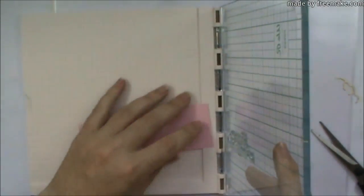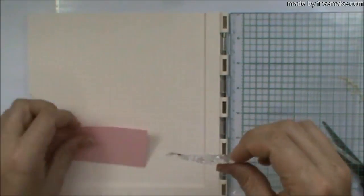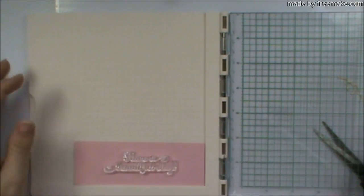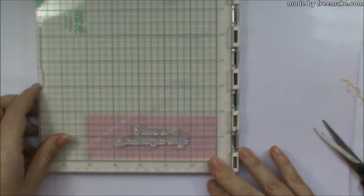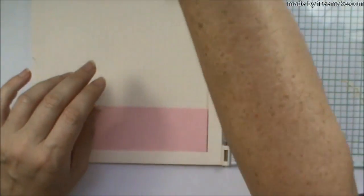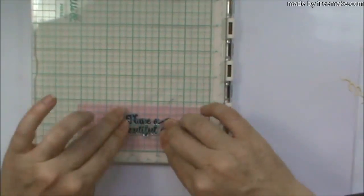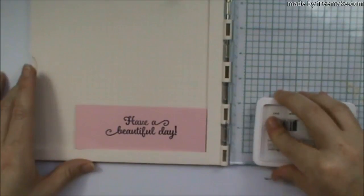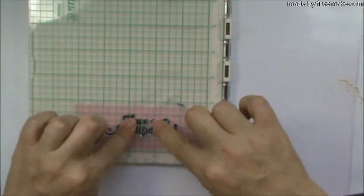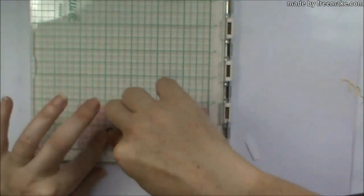For the sentiment, I used one from the stamp set from the other magazine and the same colour pink as the card to match in. And this stamp positioner I grabbed from Spotlight. I did stamp it a couple of times to get a nice even stamp. I'm not very good at stamping, so